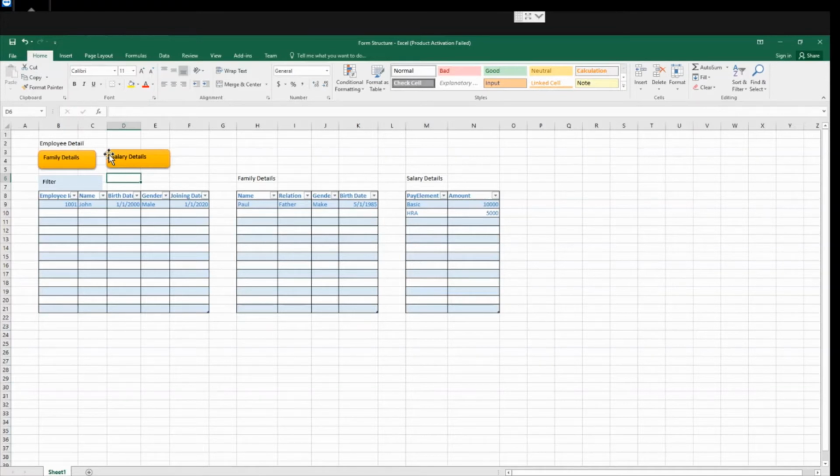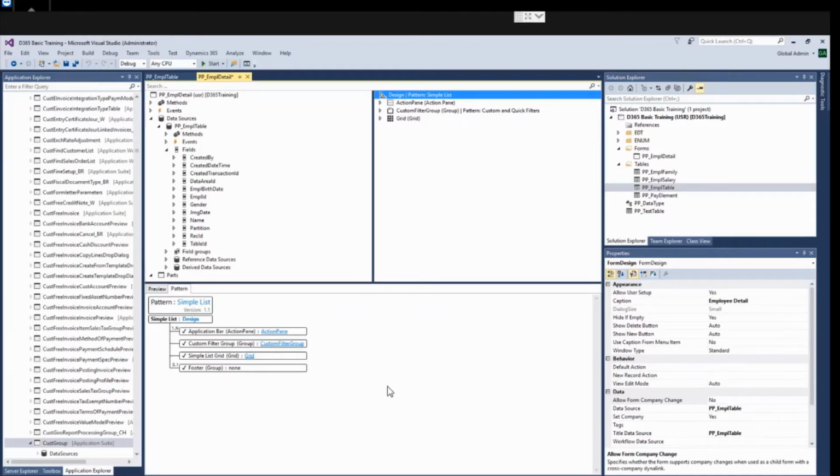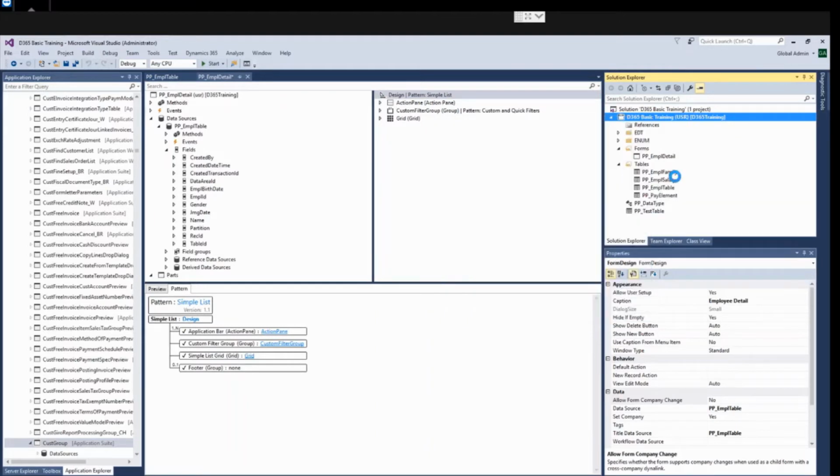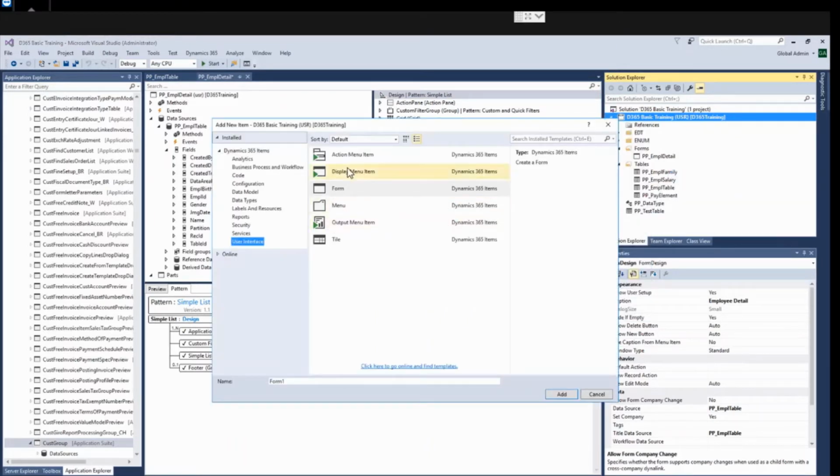So we will create the display type menu item. For each form we have to create a menu item. So for this form we have created this form. We will create the menu item for this form first. See display menu item, you can see display, action, output menu item.